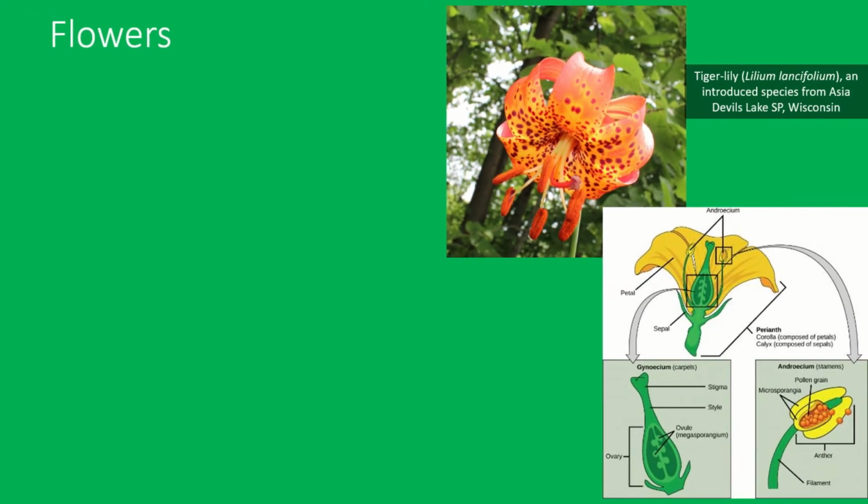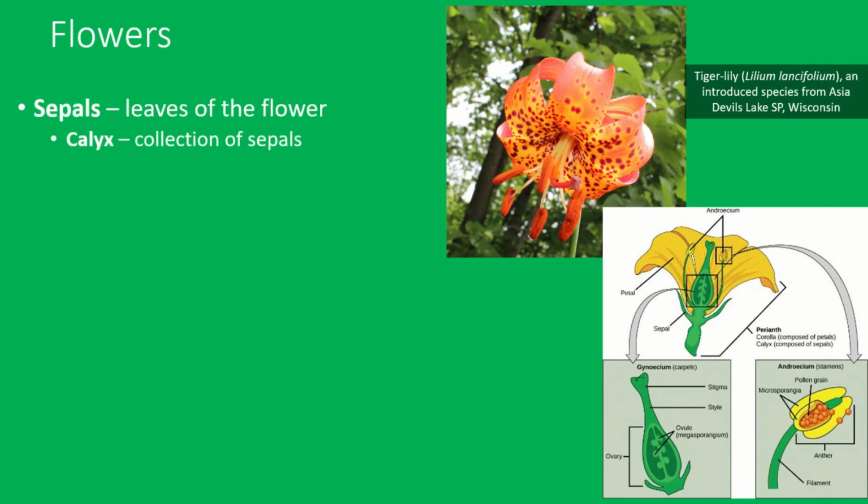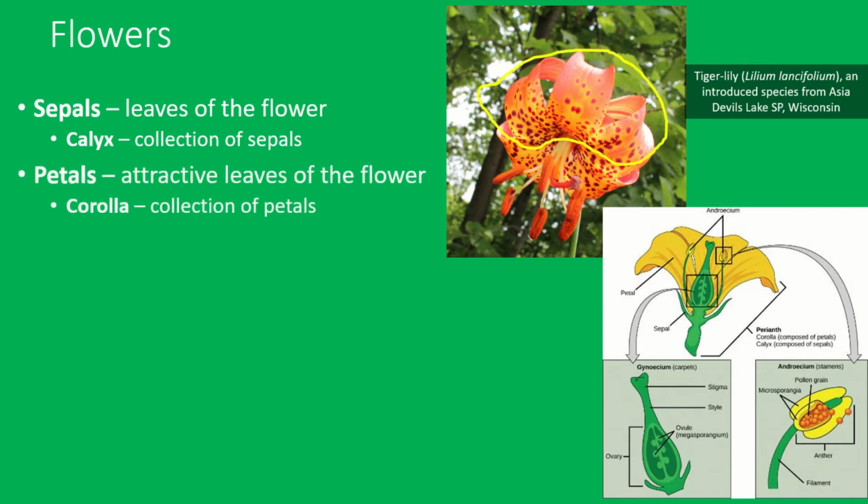The parts of the flower include the sepals, which collectively are called a calyx and appear leaf-like. These enclose the unopened flower. Petals, which collectively are called a corolla, are modified leaves that are colorful and used to attract animals to help